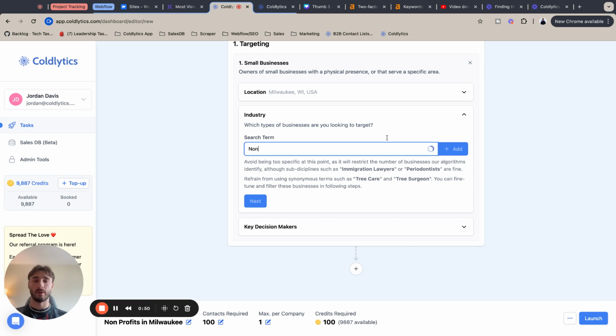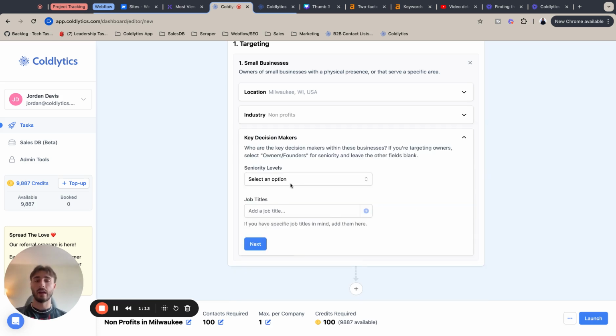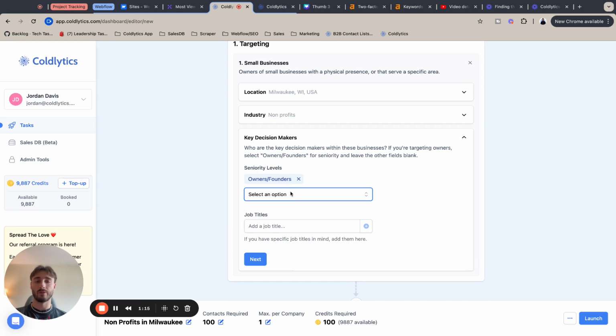And today we're looking at nonprofits. With Coldlytics 2.0, we add this little sanity check, so it'll show you that these are companies you'd be getting in your lead sheet, and it gives you your address. So if you're from the Milwaukee area, you'd be able to tell, oh, I know that neighborhood. So I'm gonna add that next, and we are gonna select owners and founders as well as